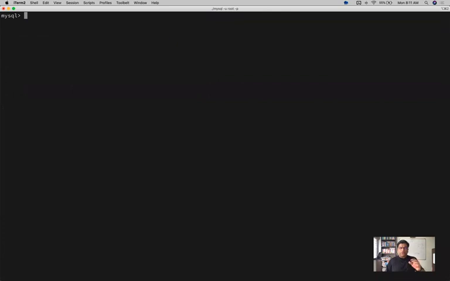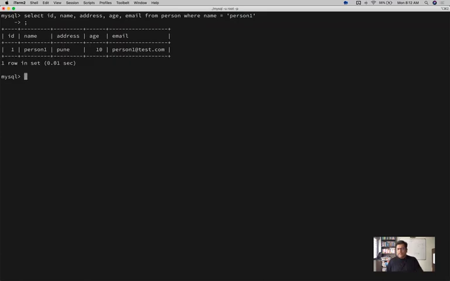Now, if I want to get only one record of a single person, not all the persons, then we can say select all the information from person where maybe the name is equal to person1. Why am I telling you all of this? Because I want to perform all these operations later in pandas. So later on, when you want to